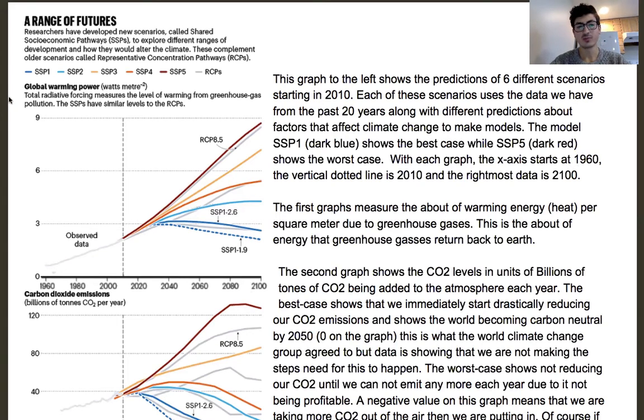Okay, so with global warming power, that's going to be your first graph here. So global warming power is watts per meter squared. So that means per area. So if you look at my depth on the screen, that would be about a meter. So just past my shoulders up, about a meter squared, and it's figuring out how much energy hits that spot